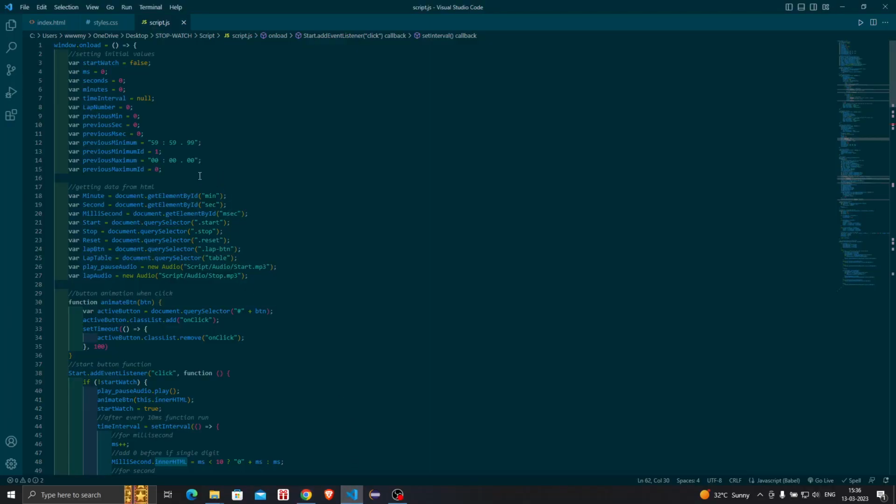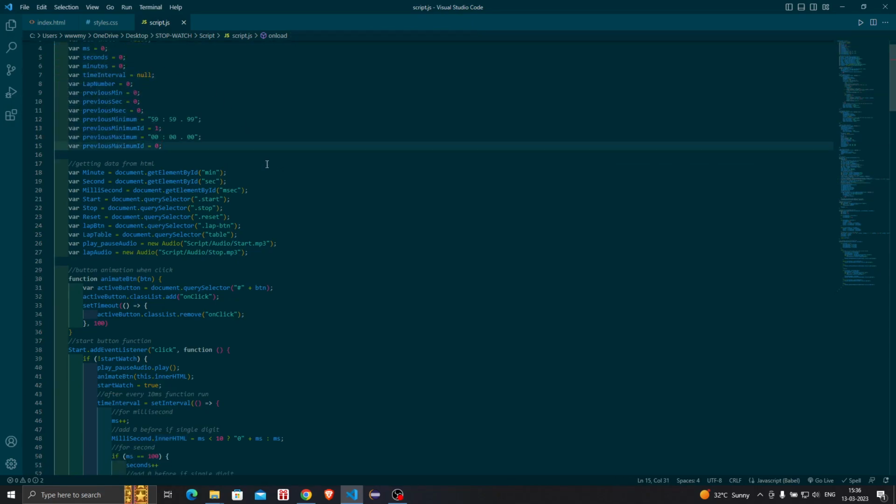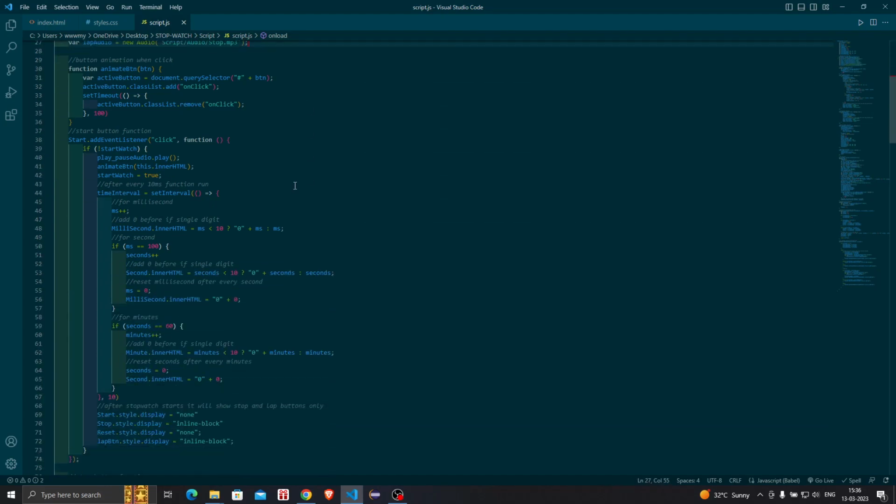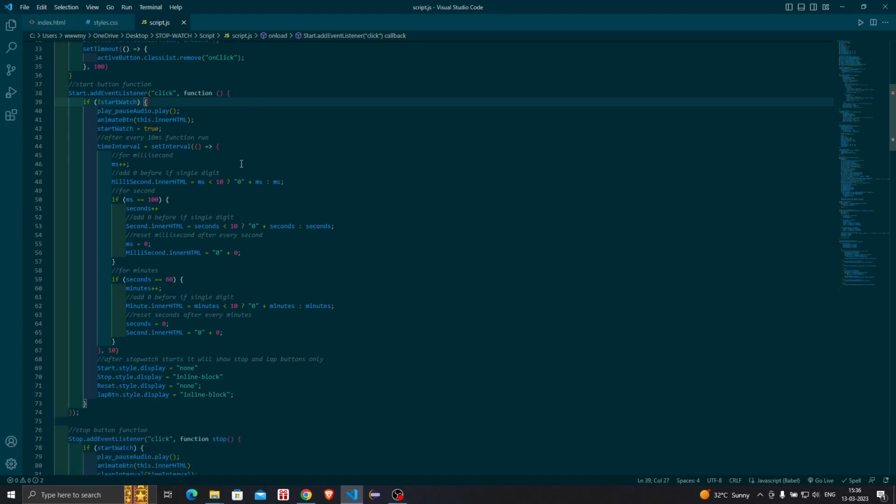This is our JS code, where we have initialized the values and fetched the HTML data into JS, and this is our start function. Whenever we click on the start button, it will run every 10 milliseconds, and firstly it will check if the stopwatch is started or not, and play the audio and animation on the button. After every 10 milliseconds the function will run, and